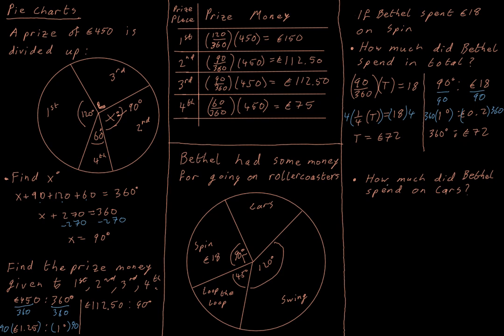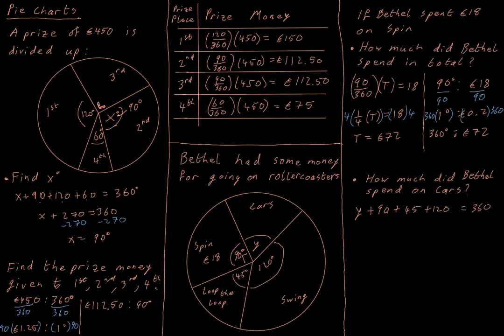Now, question 2. How much did Bethel spend on cars? So we go to cars and we say, I'm missing something. I don't know what fraction of the circle I'm talking about, so I'll give it a letter name. I'll call it Y, because I don't know what it is and I already used X. I could actually call it C, which might make more sense, but I'll keep it as Y now. And I know that the way I'm going to find this is there are 360 degrees in a complete rotation. So if I add up all of my angles, including Y, I have to get 360. So Y plus 90 plus 45 plus 120 must all add up to